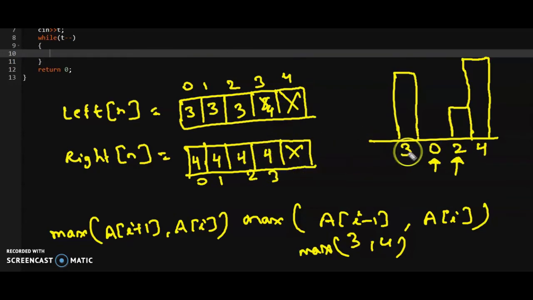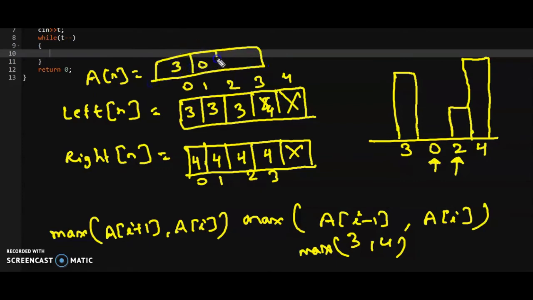So now implement the formula, that is the minimum of the maximum in the left and the maximum in the right, minus the value of the array. So the array we have of size n is 3, 0, 2, 4, 0, 1, 2, 3, right? Now we have to find the total plus equals to, initially it will be 0, right? So what will be the total? Let's say we are finding for I equals to 0, that is for this bar, right? So for this bar